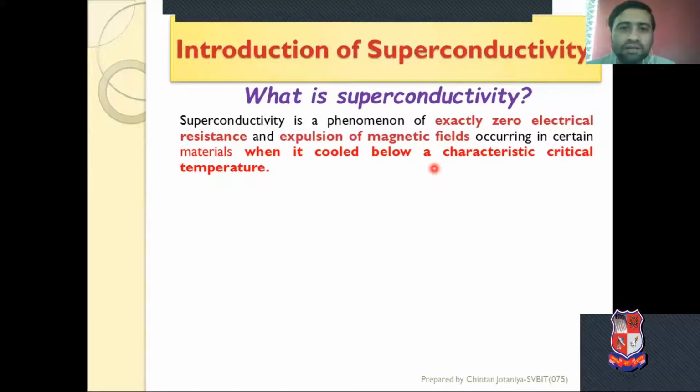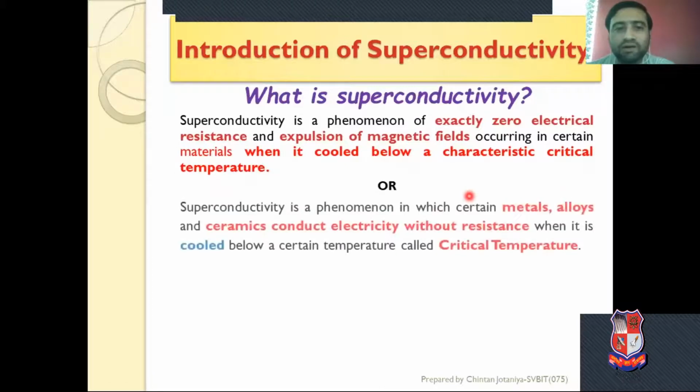In the superconducting state, magnetic field lines are completely expelled by the material. So we can write this, but this can happen only at some critical temperature. It varies from material to material. So this is the way we can define superconductivity, or another way we can define superconductivity is a